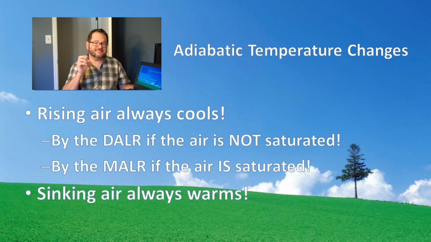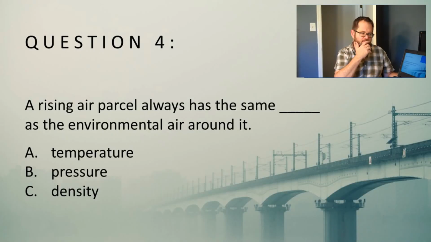Either way, sinking air will always warm. As we lower the air parcel, it will always warm. And in fact, it will always warm at the dry adiabatic lapse rate. As we warm the air as it sinks, it's only getting farther from being saturated. The relative humidity can only go down, so we definitely don't have to worry about latent heat release or anything like that. So as we lower the air parcel, it will always warm at our rate of 10 degrees Celsius per kilometer. Now before we work through some classic examples of problems using that, let's go ahead and answer